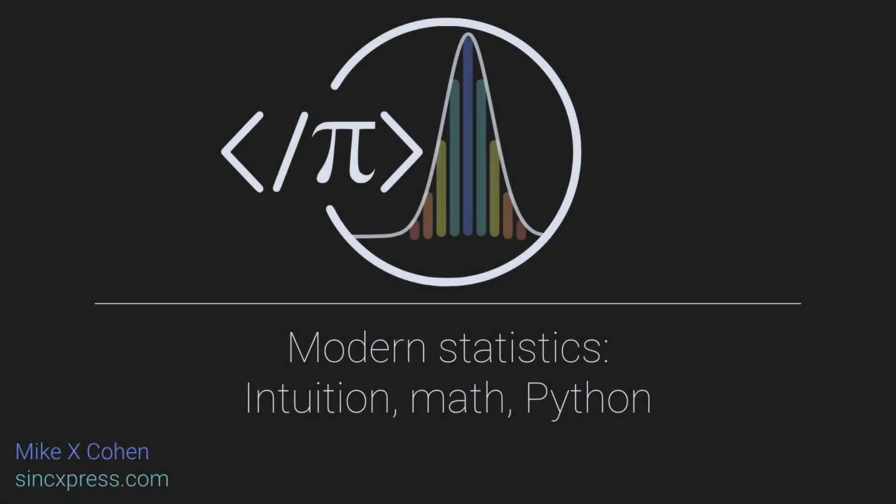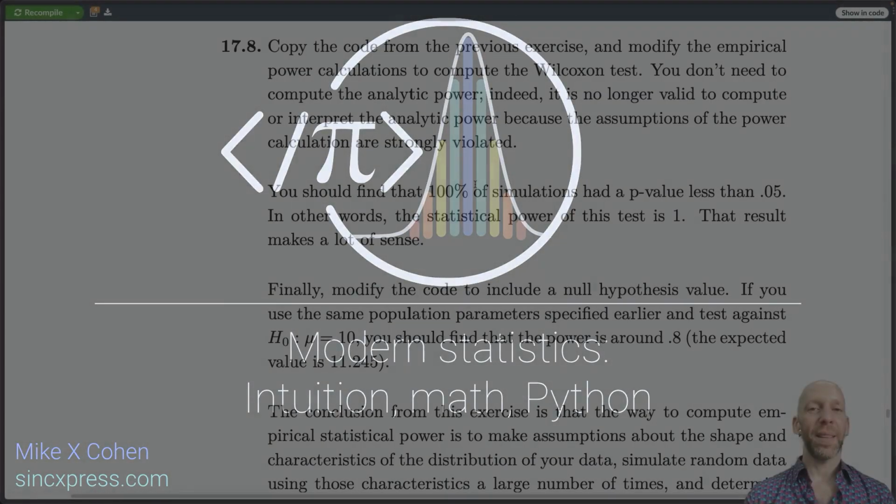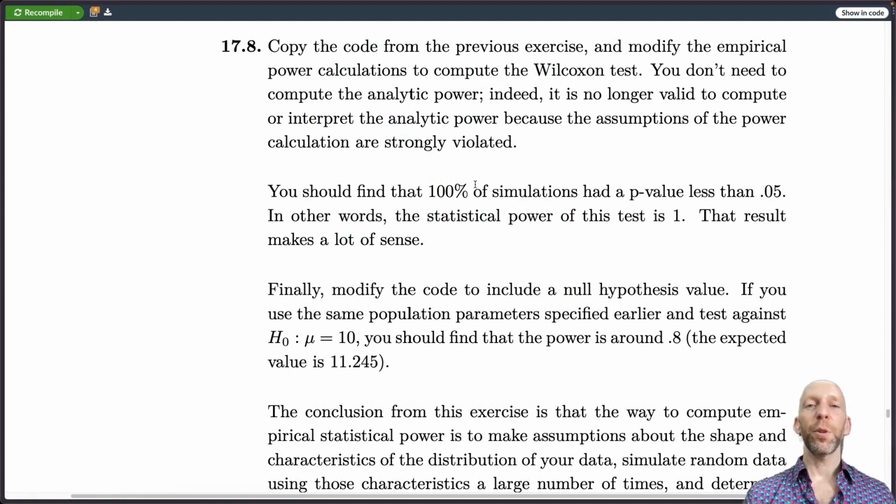Here we are in chapter 17, exercise 8. This exercise follows super closely from the previous 2 exercises. Now, in the previous exercise, we got this nonsensical result of statistical power. And I claimed that that was because our data violated the assumptions of the t-test and therefore also of the power calculation. So what we're going to do in this exercise is copy the code from the previous exercise and